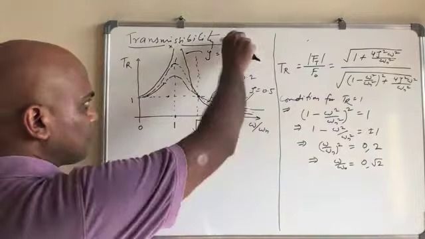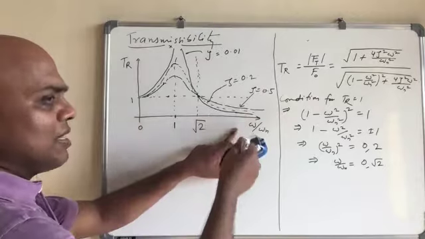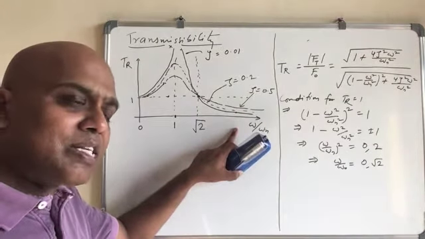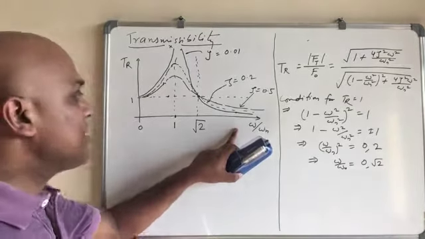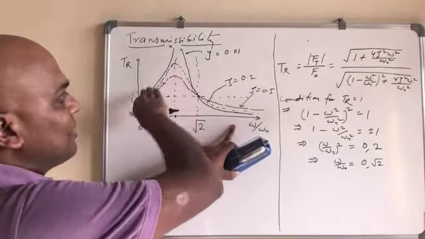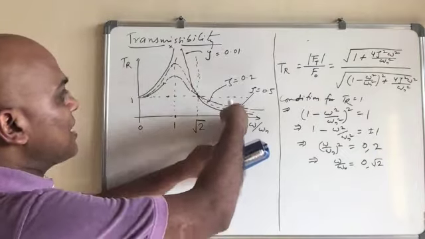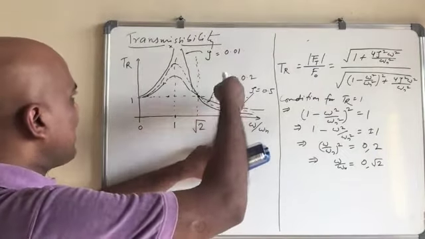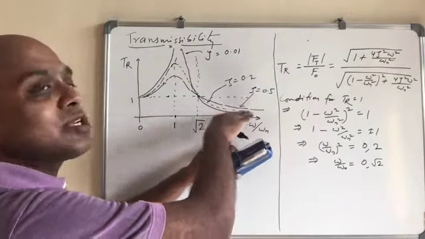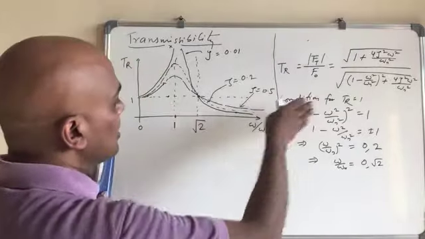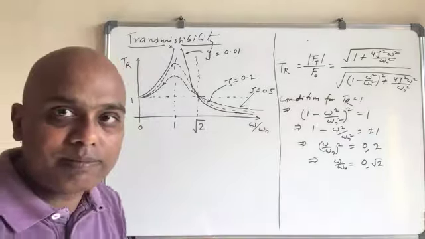Or if omega is given somewhere, then you have to use the stiffener, meaning a spring, and the damper, in such a way that you get this kind of plot for transmissibility, so that you are operating here, and hence your transmissibility is less than 1. You try to be as low as possible, so the further you go from this point, your transmissibility will be lower and lower.